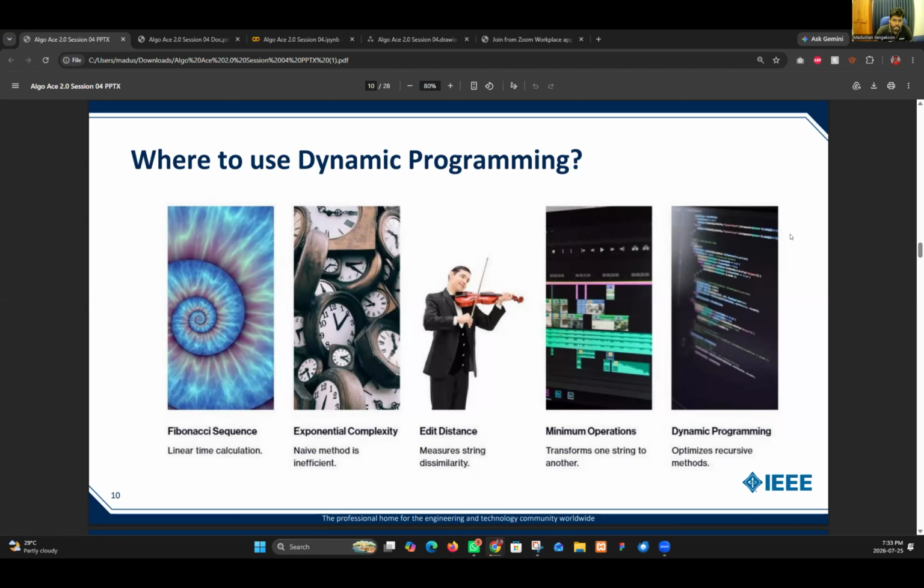Again, the naive method and edit distance, like minimum operations. These questions are very familiar to most people interested in dynamic programming, so you can find out more from the internet if you have any doubts.